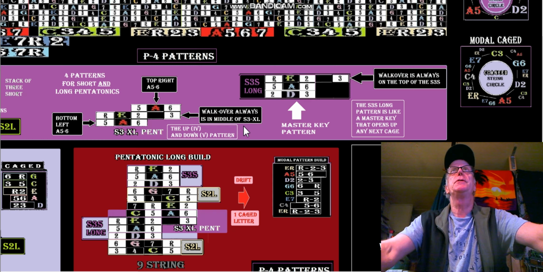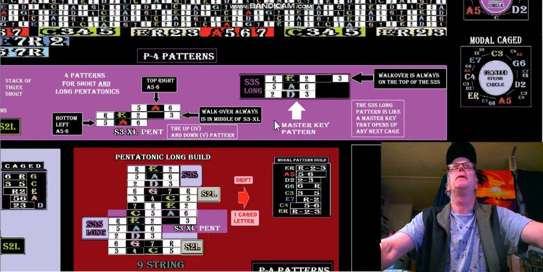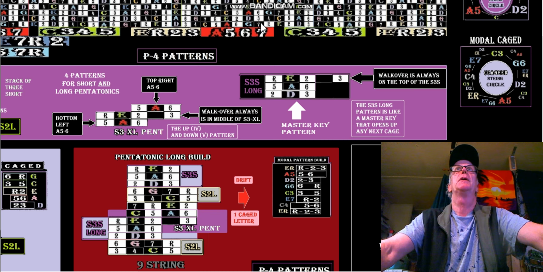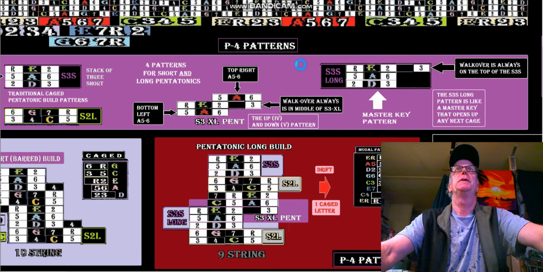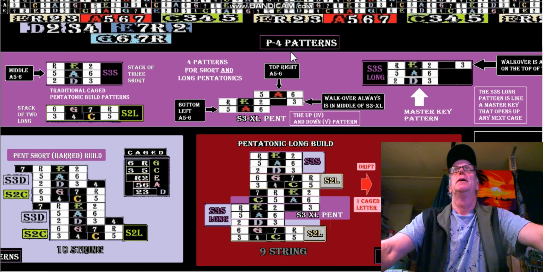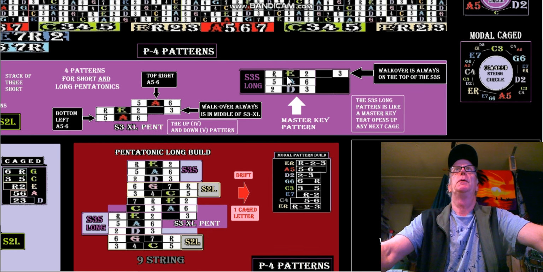So let's finish up this little topic here about the patterns. So we have 5, 6, root 2, 3, 5, 6. Just like we have that little long pattern S3XL block in the A box up here. So really what we've got is this, it's just root 2, 3 is the long part, and we call that the master key pattern. It sits on top of the S3S. Remember the S3S over here? So we just play the S3S, but we're going to take that long pattern to get over to the